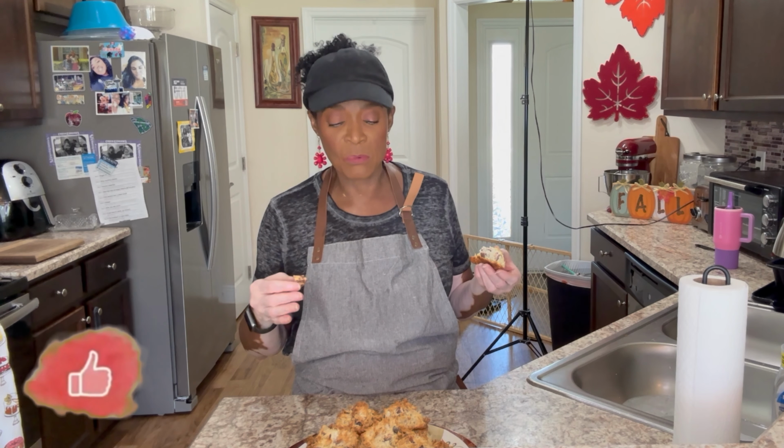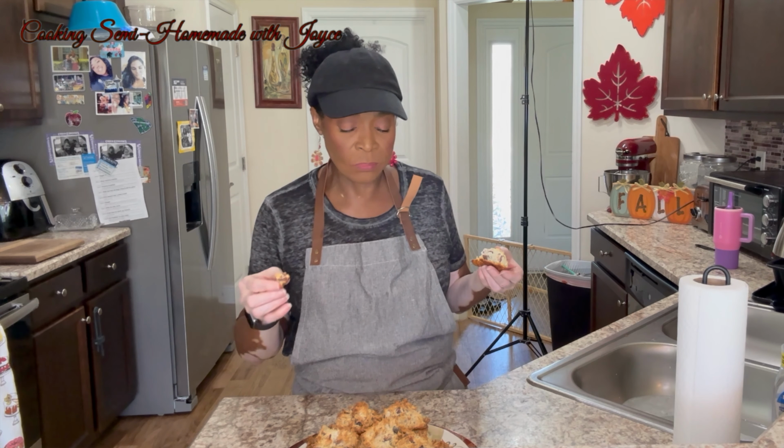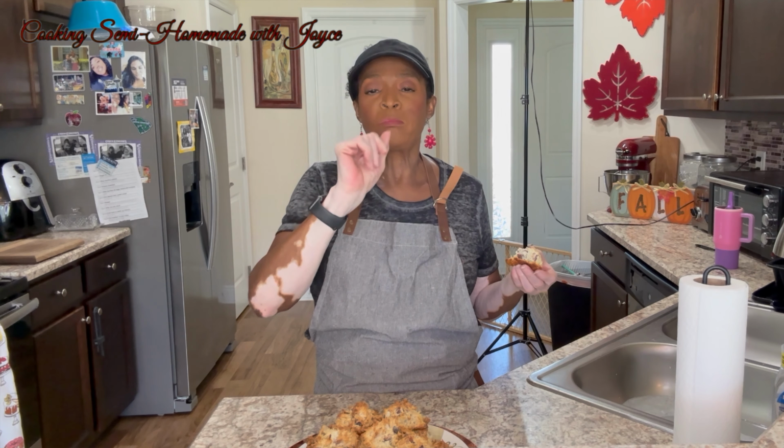This will work perfectly at a Christmas gathering if you make the macaroon. And I cut up my cranberries a little small, but if you leave them big so you can see the pop of red in them, you can use green M&Ms and the red cranberry. It's so good. And another thing,